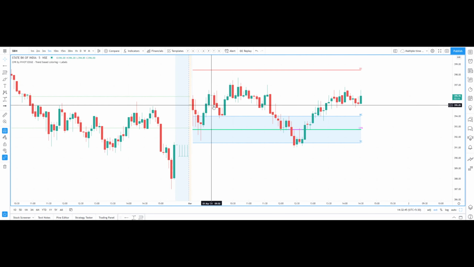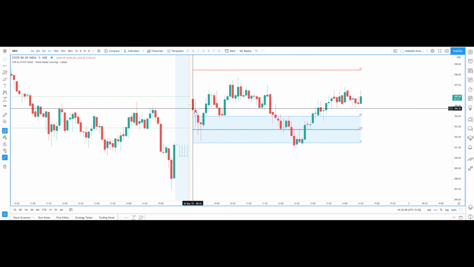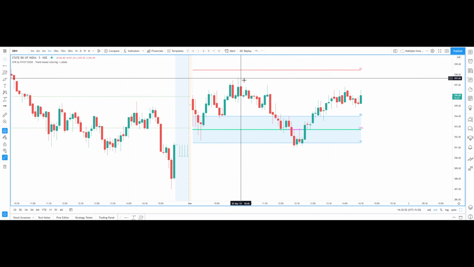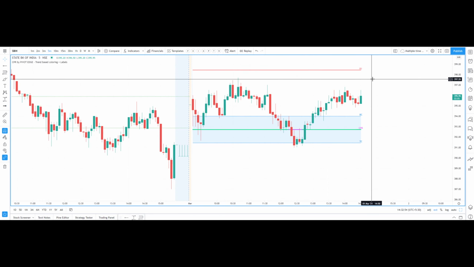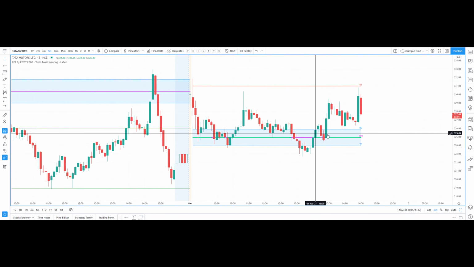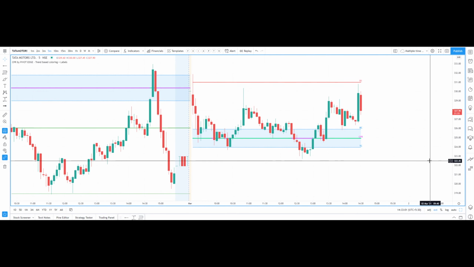This is State Bank of India. So initial weakness, then it has taken support from CPR, tried to go up to R1, then came back on rejection. Again it is trying to go up. So today the market is actually not very trendy. You can find a trending market only 30% of the time. Other times the market will be mixed like this, so you can play with the targets between these levels.